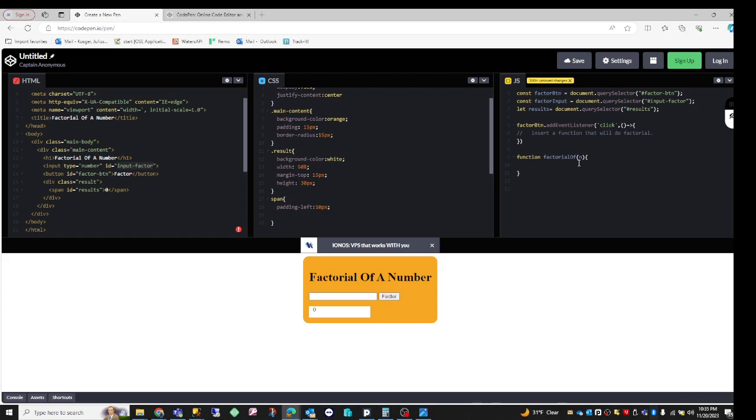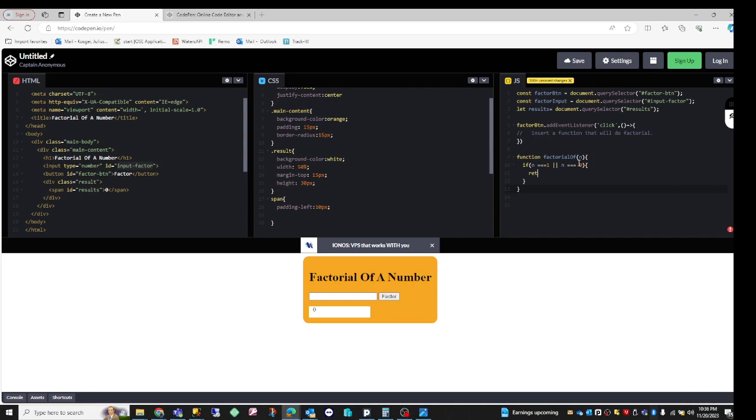Factorial of 1 is 1, factorial of 0 is 1. So if n is equal to 1, or in JavaScript you put 2 pipes, n is equal to 0, then